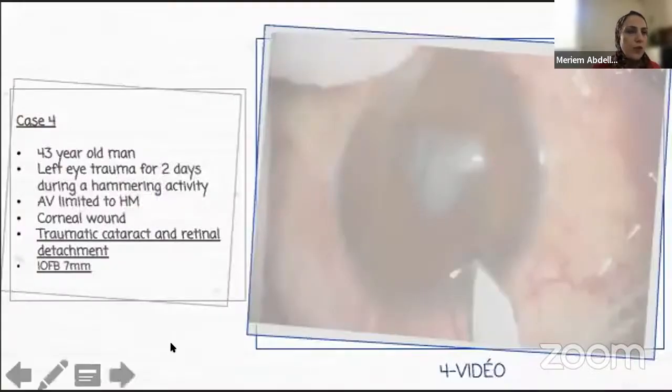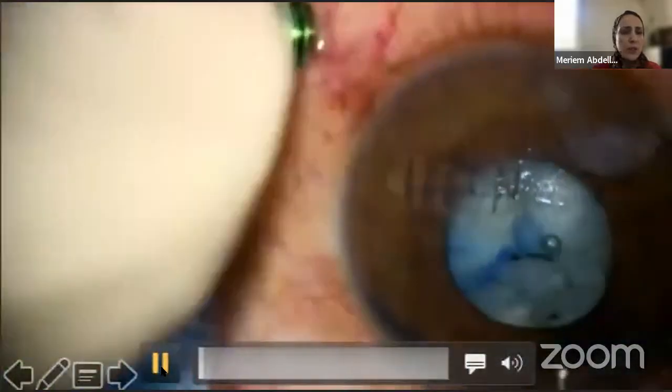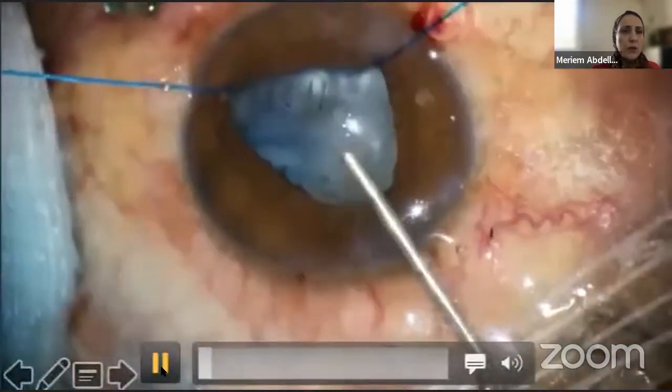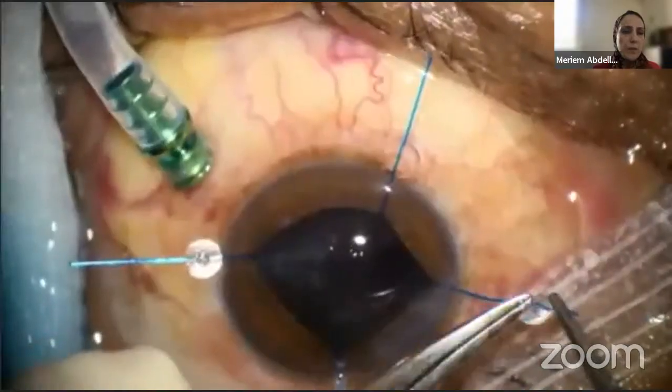For case number 4, it's the same clinical presentation, but in this case we have a retinal detachment, and the intraocular foreign body was larger, measuring 7 millimeters. We start with the traumatic cataract. We aspirate crystalline masses, and we complete aspiration with the cutter. We add 2 hooks in the superior iris. We perform a large central vitrectomy, and we try to induce PVD. The posterior hyaloid was very adherent,